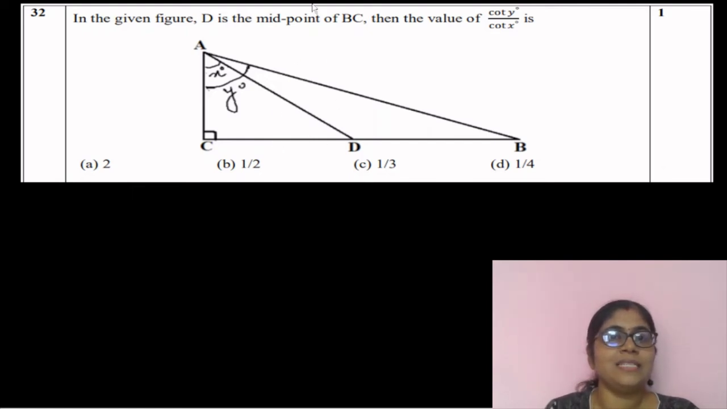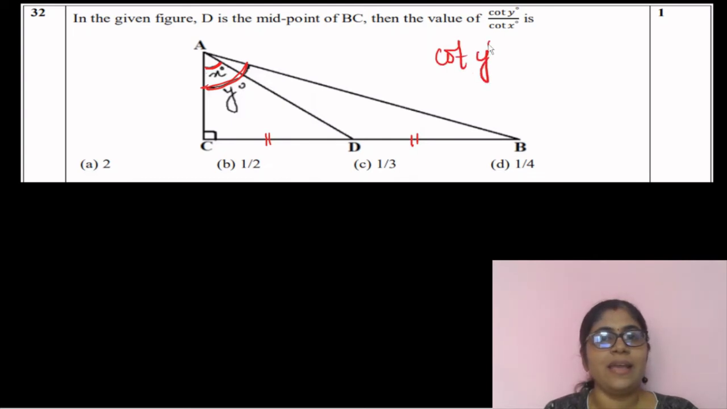That means CD equals BD. Then the value of cot y degree by cot x degree. Here this is angle x and the bigger angle is y. So cot y degree is equal to, suppose this is base and this is P, cot y means B by P. So B by P, and cot x degree is